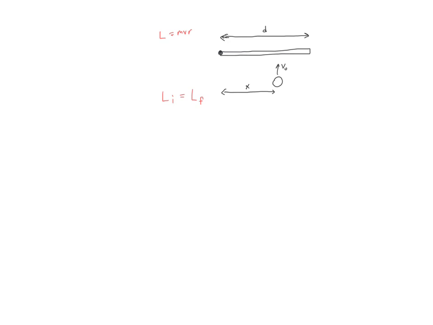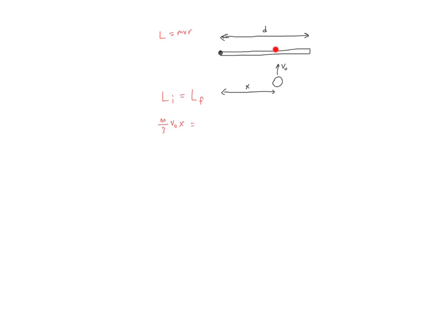So the disk has a mass of m over 3. It is moving with a velocity VO, and the r, the distance from where it strikes to where the pivot point is, is that distance x. So we have m over 3 VOx is equal to,